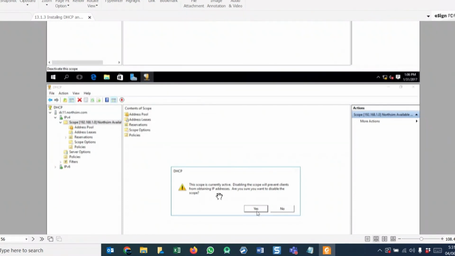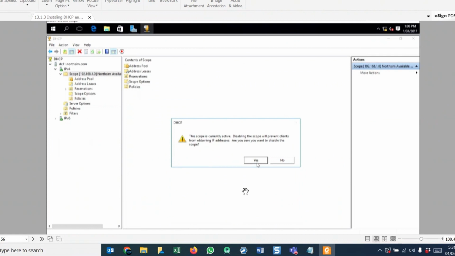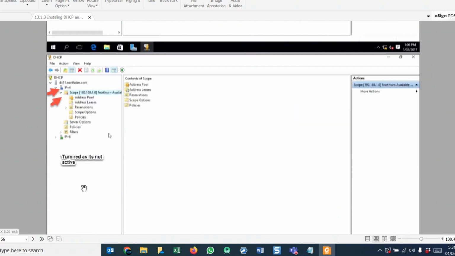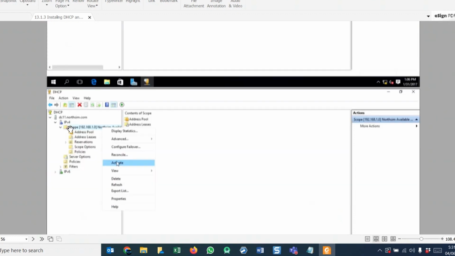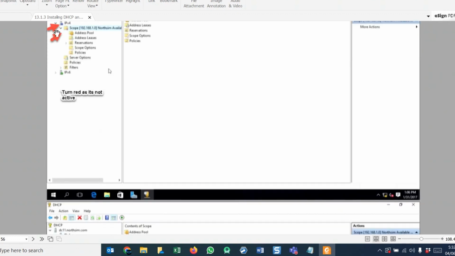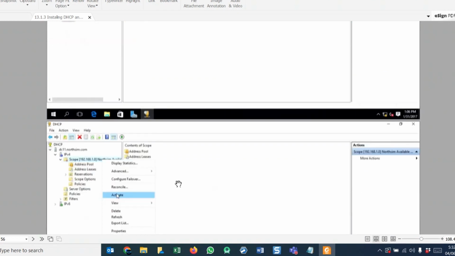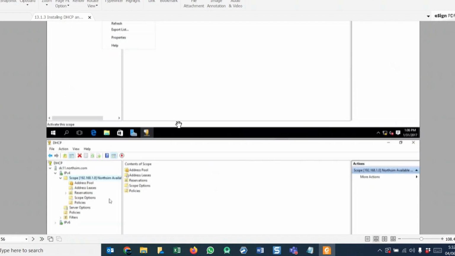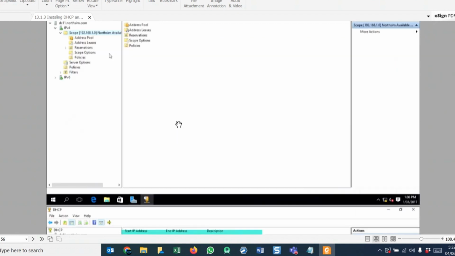If the scope is currently active, disabling this will result in issues, and you can say okay, that's fine, you have disabled it. It will turn red and it's not active. I think it is not red, it is blue. So you can see it has turned blue and it's not active. Once you are done with maintenance, you can activate it back again and it will still start handing out the